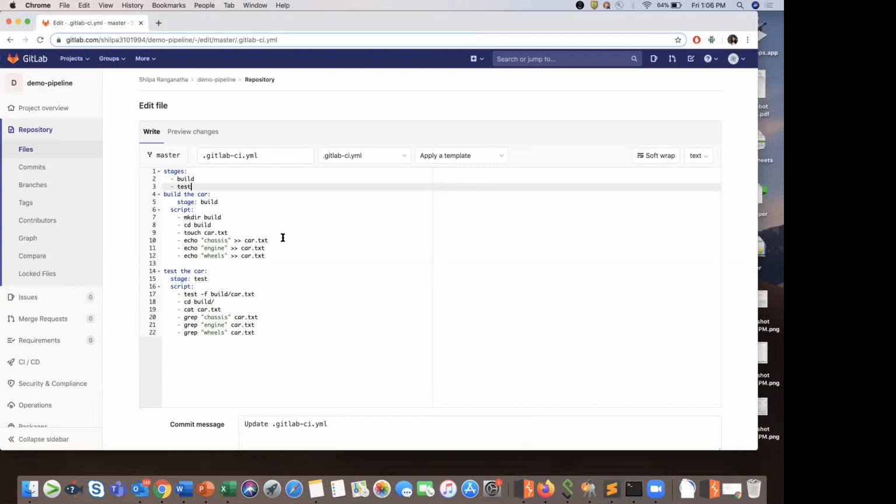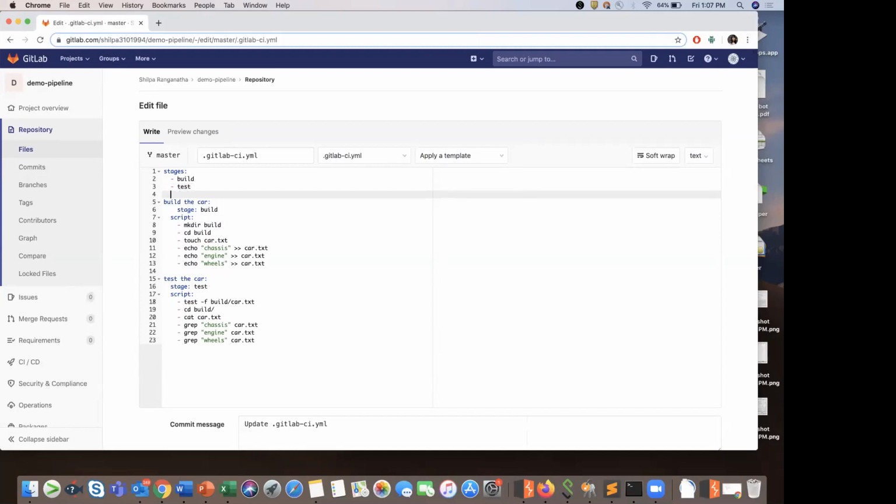Okay. So here what I'm doing is, we will have to start off with defining the stages. Okay, so currently my pipeline has two stages, build and test. So I'm assigning the first job with the stage build, and I'm assigning the second job with the stage test. Okay, so let's run this and see what happens.